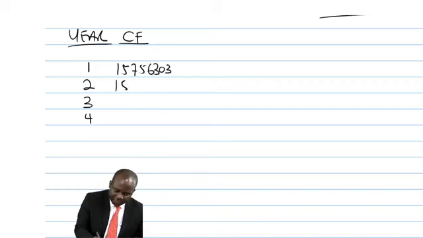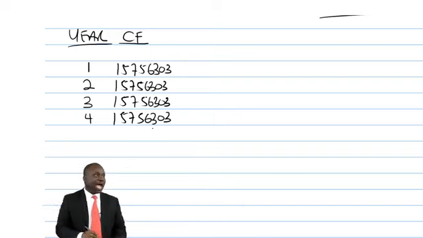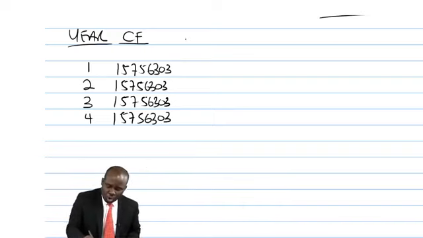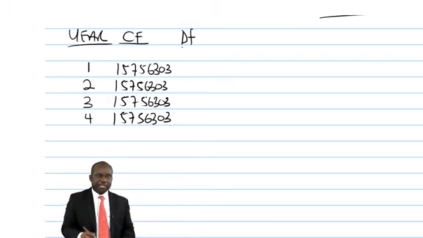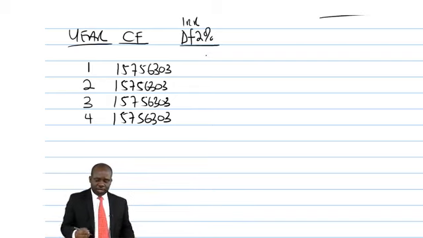1,5,7,5,6,3,0,3. Every year, this is what I would have to pay. Some goes towards interest, some goes towards the principal. This is what I have to pay as my cash flows. What then will be the discount factor? Discount factor will be the internal rate of return of 2%. So 2%, if you go to the table, 2% year 1 is